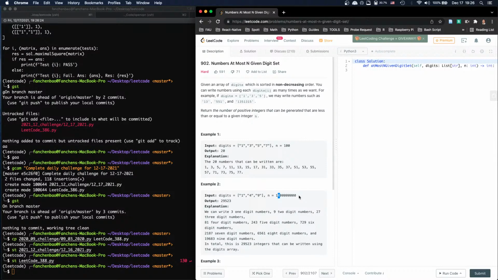And then plus 3 to the 9th power, 3 to the 8th power, 3 to the 7, 6, 5, 4, 3, 2, 1. 29523. All right, so I'm pretty sure we have a formula for this. So this is called, is that a geometric series? So we have, listen carefully, we have